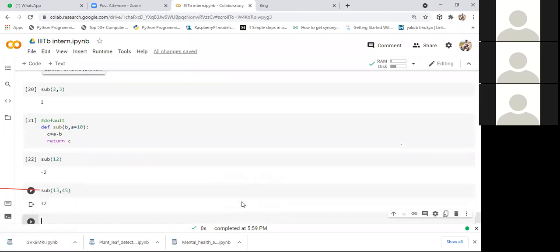But I don't want to follow this way. Whatever value I specify at the first location should be considered as the a value, and whatever value I specify at the second location should be considered as the b value.